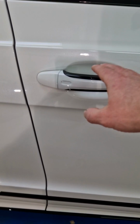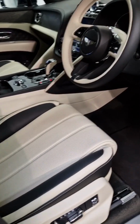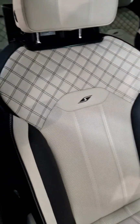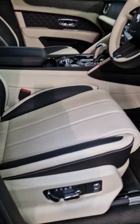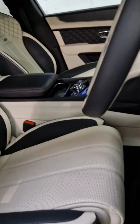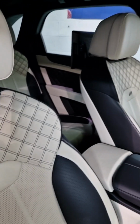And of course the interior has been treated as well. The owner always likes his cars to have any trace of previous ownership removed, so that they look, smell and feel like brand new. This is 6 months old, so I've given the interior a very thorough detail to remove any marks, and all of the surfaces, all of this leather, which is absolutely everywhere,